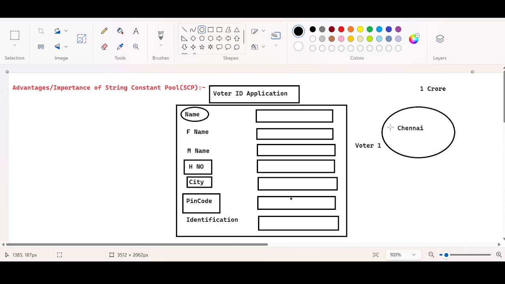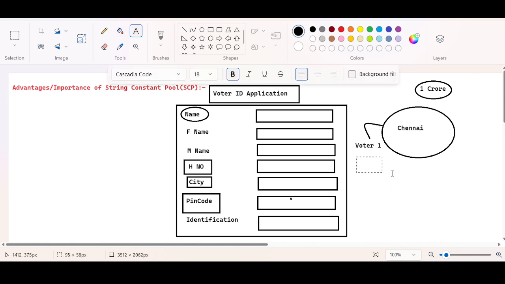Say Chennai city is going to be a unique object. It is going to be the same object for all the 1 crore voters who are living in Chennai city, yes or no? Even for voter one, you talk about the city, voter one could be from Chennai city, and voter two could also be from Chennai city, because there are 1 crore voters in Chennai city. So you cannot keep creating a new object for all the 1 crore voters, yes or no? Can I do that? You can do that, but